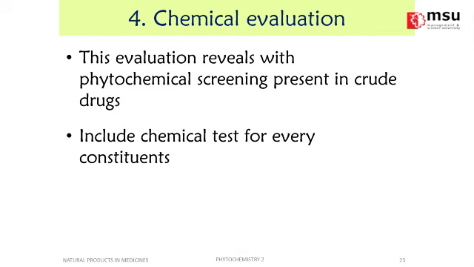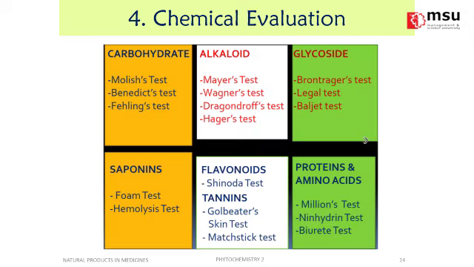Next would be chemical evaluation. Please do familiarize yourself with phytochemical screening, especially with secondary metabolites. These are very important and very useful for your examination. So, carbohydrates, like primary metabolites: Molisch test, Benedict test, Fehling's. Alkaloids: Wagner, Dragendorff, very UK, and so on. Shinoda test, so Japanese, for flavonoids, etc. These are very important for evaluating, and we will do this on Thursday and Tuesday